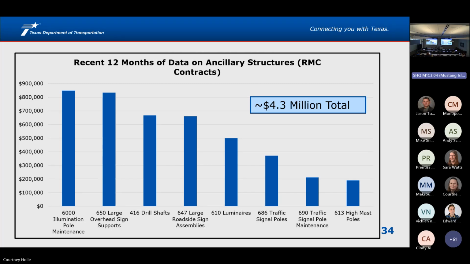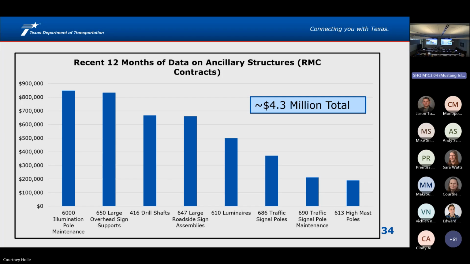Focusing on three main areas: illumination, sign work, and traffic signals. Don't have a lot of data related to ITS. Most of our ITS work is done through purchase of service contracts. However, to be honest with you on those, I've seen some of those contracts. Most of that work tends to be more troubleshooting, trying to figure out why we can't talk to a cell modem or having issues with a fiber line, things like that. So we do repairs of fiber lines, repairing radios. Sometimes it's simple things like flipping breakers on closed circuit television cameras.